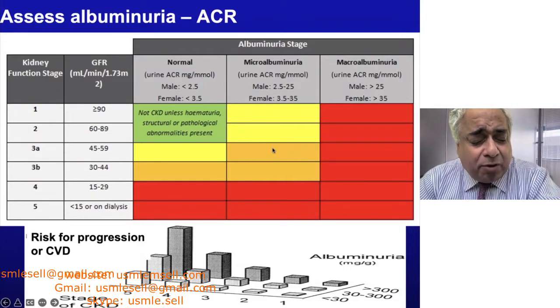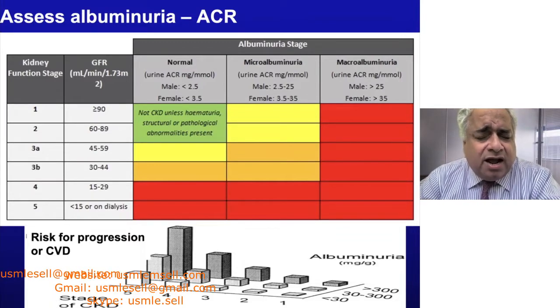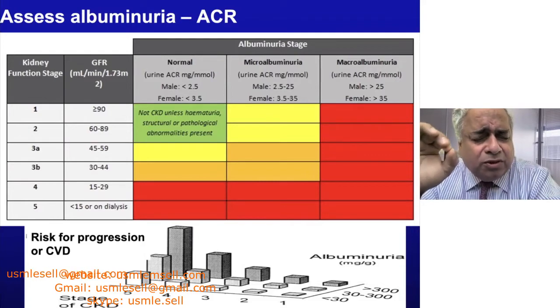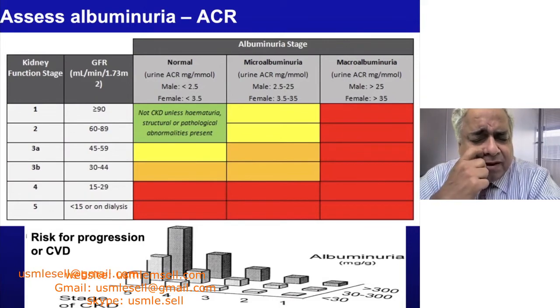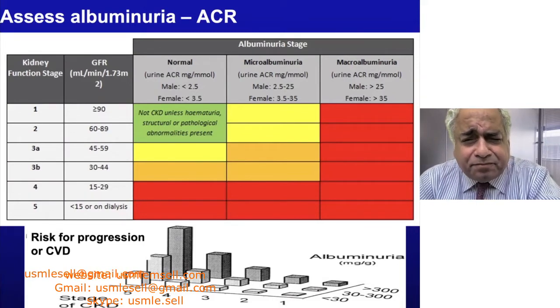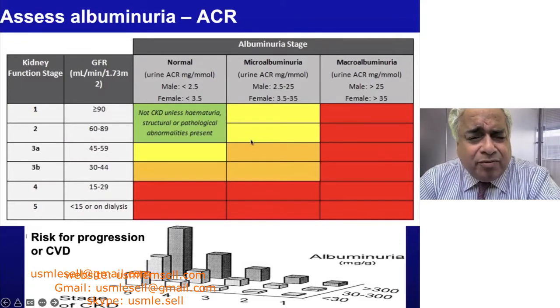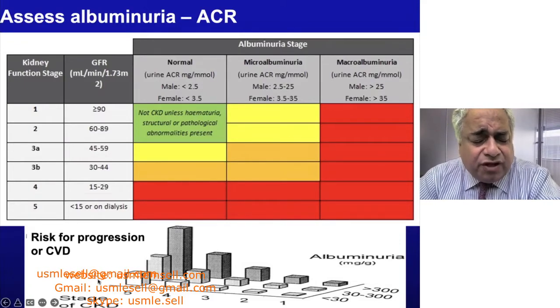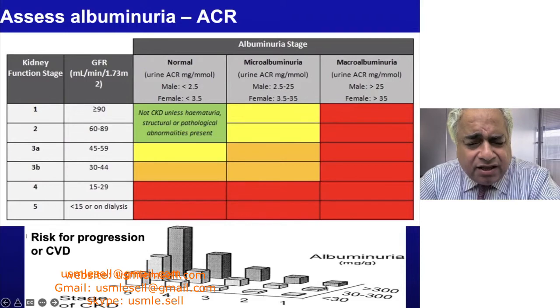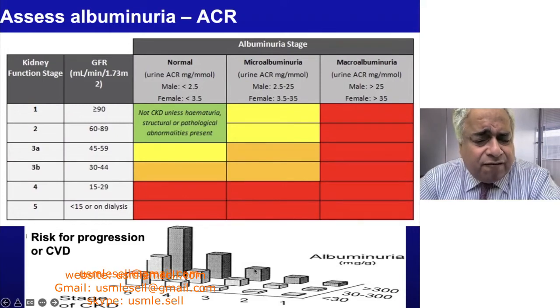He did dip positive for albumin in the urine, which when you dip positive, you almost certainly have somewhere in the range of about 200 to 300 milligrams of albumin per gram of creatinine. And he does not have macroalbuminuria, so he's in this range here. When you think about how this translates into kidney progression, on the bottom figure, you see stage 1 through 5 of kidney disease, and on this axis you have albuminuria at 30 to 300, etc. And he's probably in this range, so he does have some risk factors for progression.